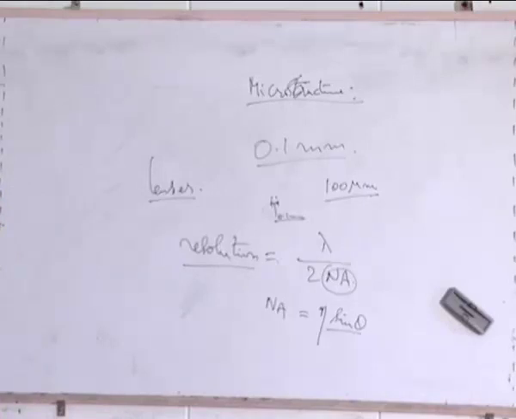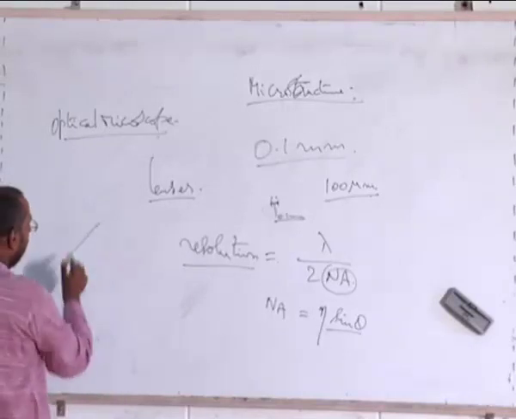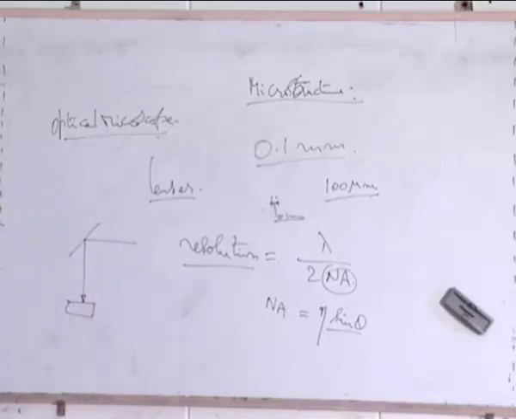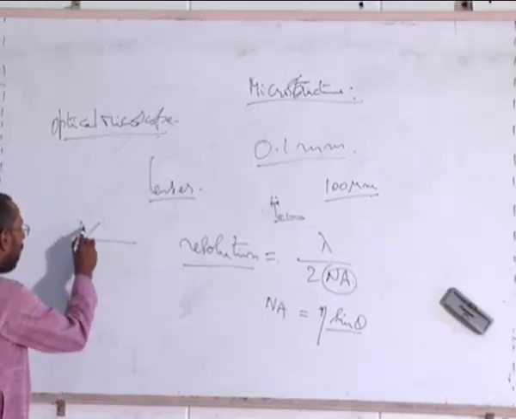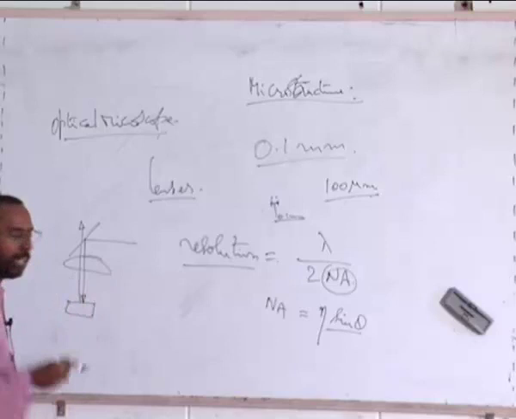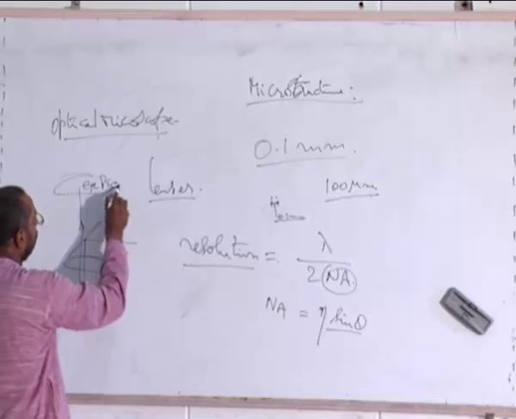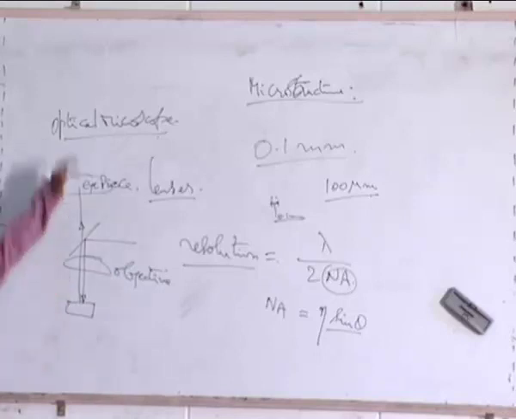In a microscope, if I take an optical microscope for that matter, let's say a mirror which can reflect a light which will fall onto my sample. Let's say a metallurgical microscope, which is like an inverted microscope, all of you must have seen, or a normal standard microscope where I have a sample kept and then a light is falling on that. This light is reflected back. When it is being reflected back, you have an objective through which it goes into an eyepiece, and you see here the actual image of the sample. This is, let's say, our objective.